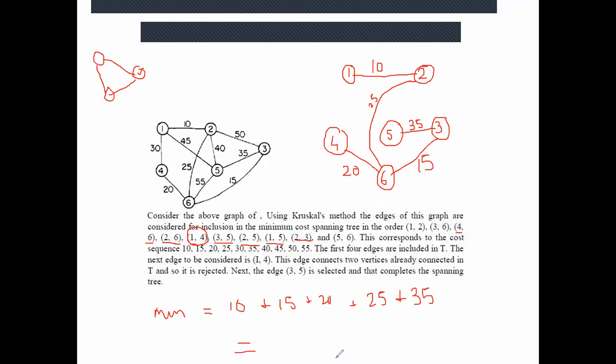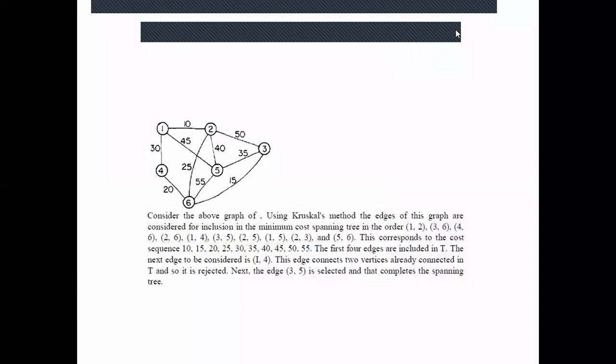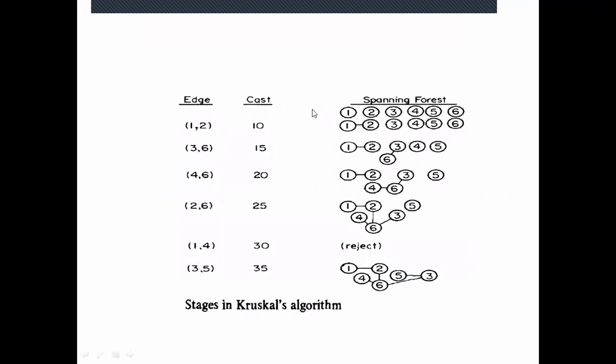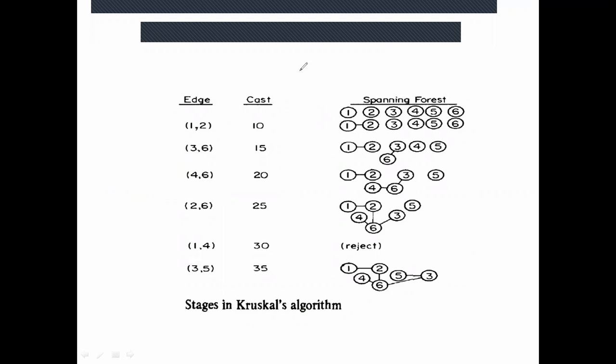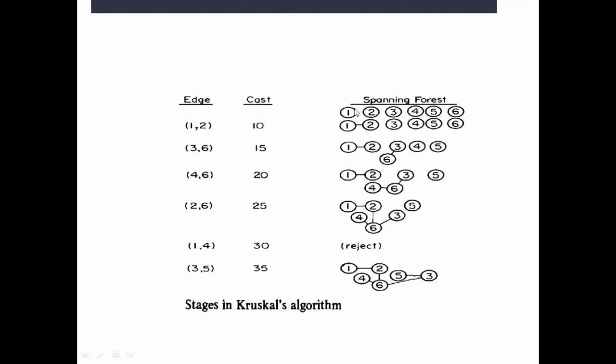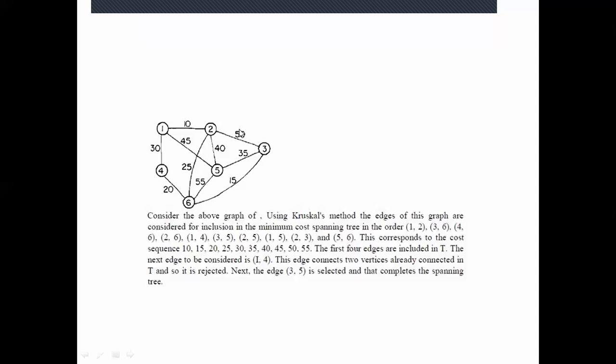Any doubt in this? Then I will tell you, Neha, how to actually write it down step by step. Is it okay? Okay, Neha, see this one now. Yes, ma'am. Okay, Neha, one way is that you can do it like this. You have sorted all the edges, write down their cost and write down all your vertices like this. If you want, you can write down vertices like this, or in the way that I have done, in the same order as given here: 1, 2, 3, 4, 5, 6.